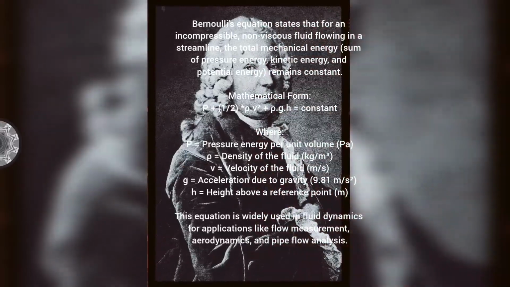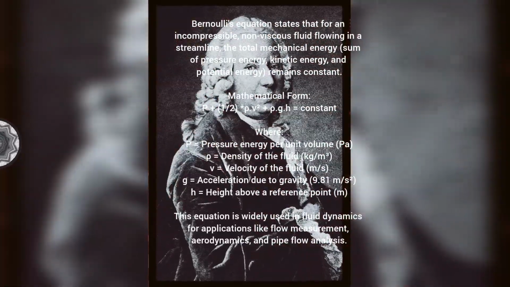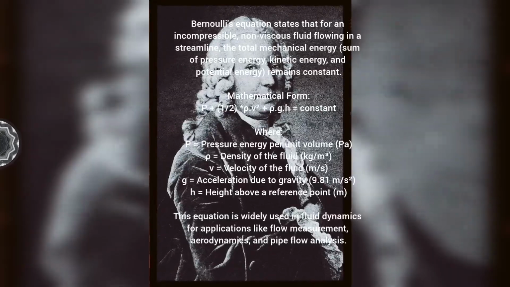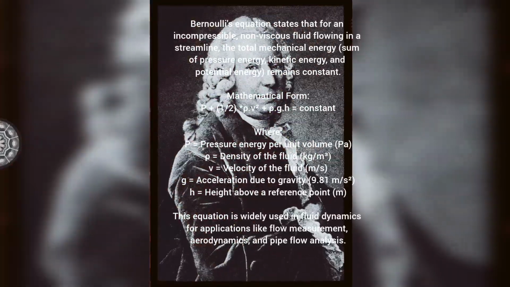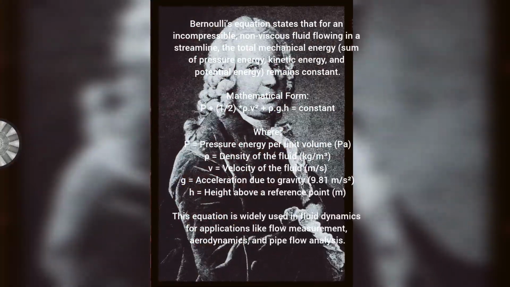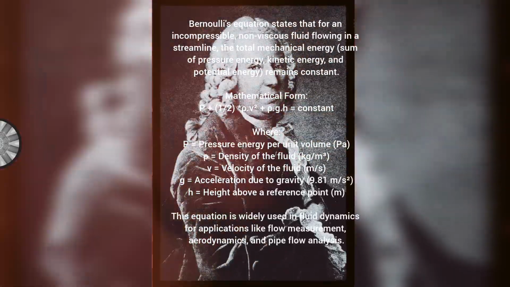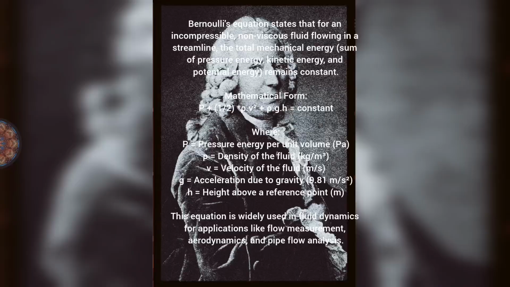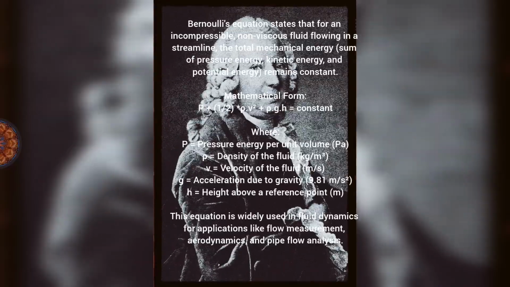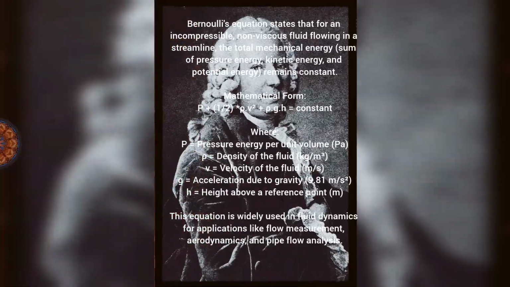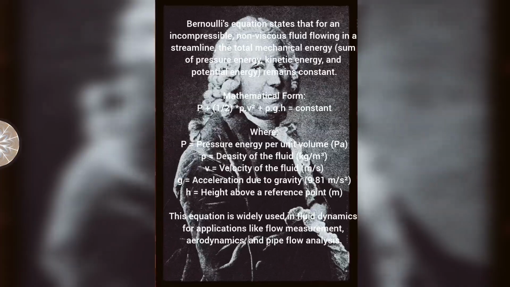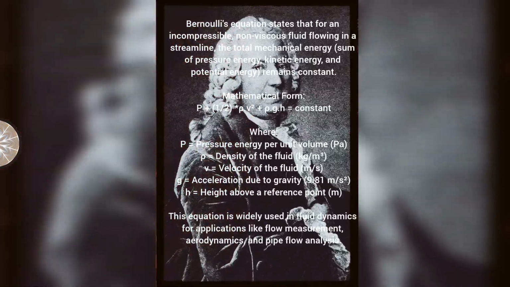But wait, there's more. The wing's also pushing air downwards. Right, which brings us back to Newton. Every action has an equal and opposite reaction. Yeah. So pushing the air down creates an upward force on the wing. That's more lift. So it's like a double whammy, Bernoulli and Newton tag teaming to make flight happen. You got it. It's amazing how these seemingly simple ideas explain something as complex as flight, huh?